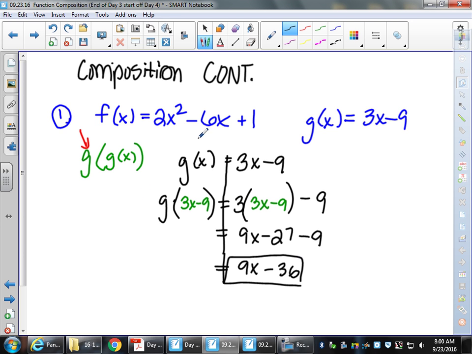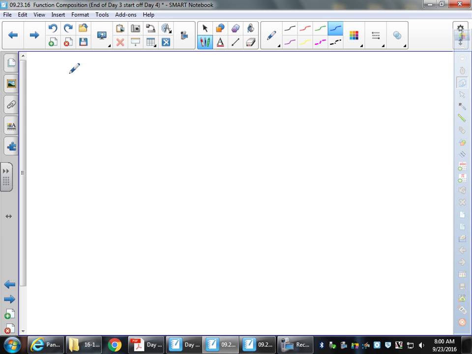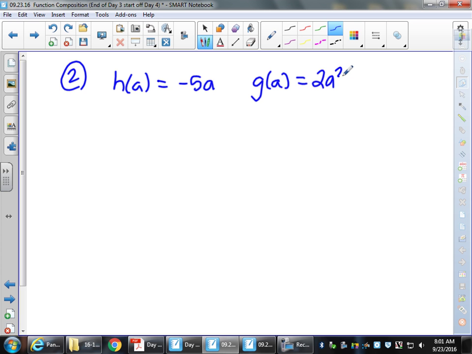There are 2 more that I would like us to work on before we pass out some practice. We're actually going to work with the same functions we did in the warm-up, so you could copy those down. h of a is negative 5a, and g of a was 2a squared minus 3a. But now I'm asking for